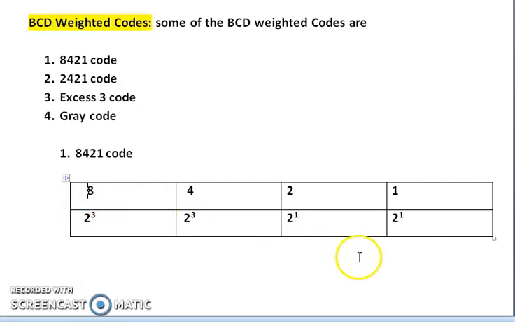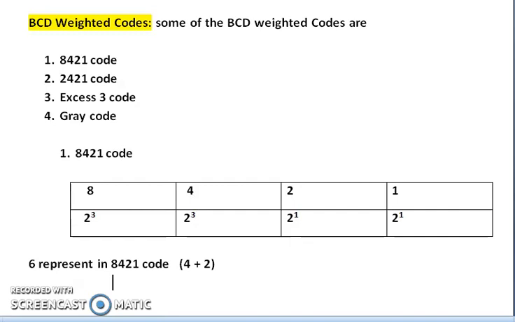For example, how to represent 6 in 8421 code? 6 means 4 plus 2. So in the place of 4 you put 1, in the place of 2 you put 1, in the place of 8 you put 0, and at the 1 place you put 0.